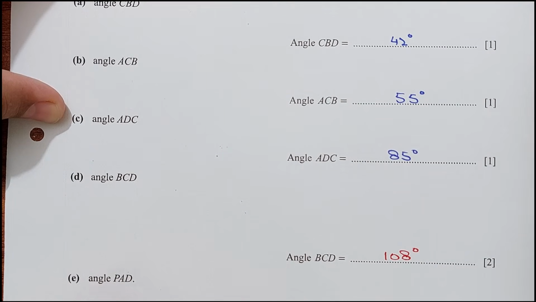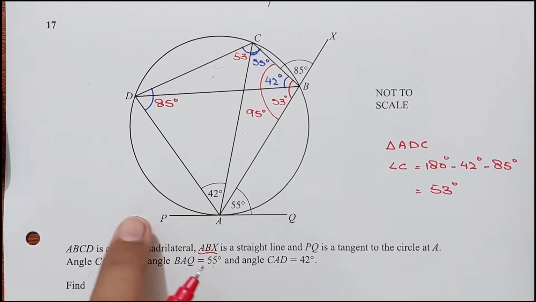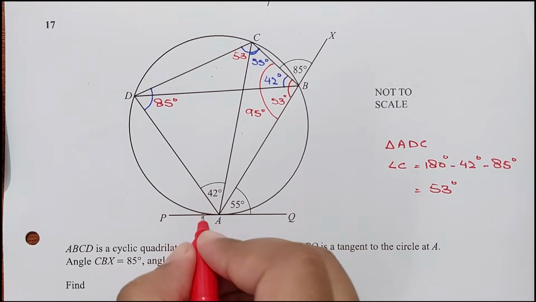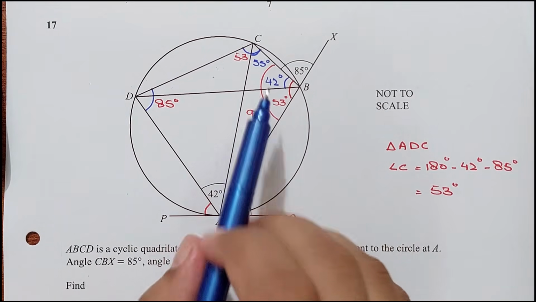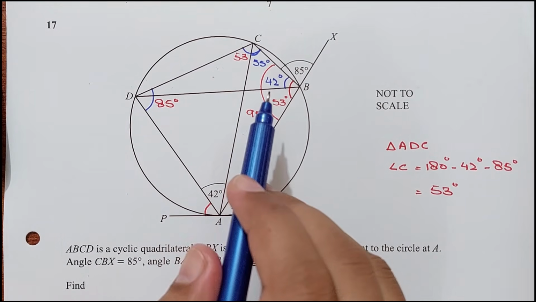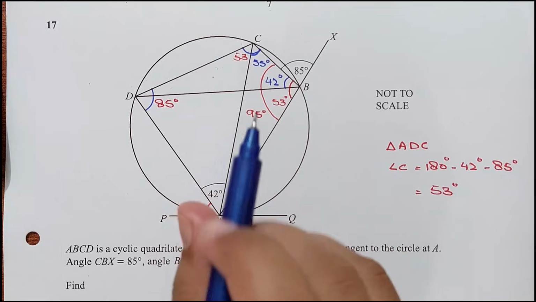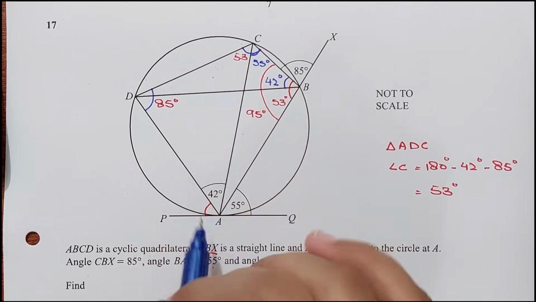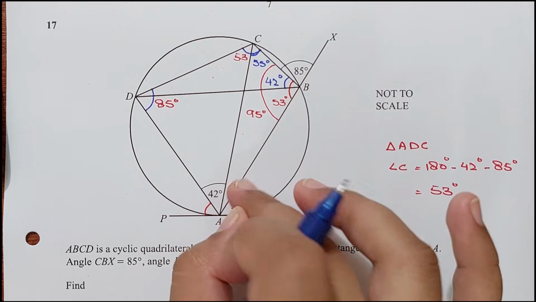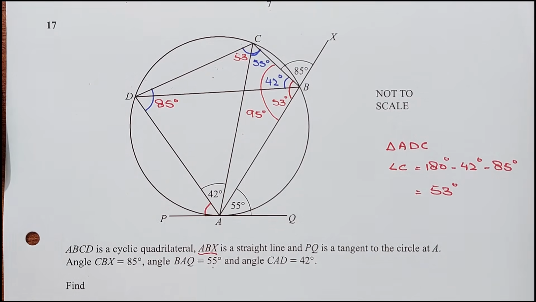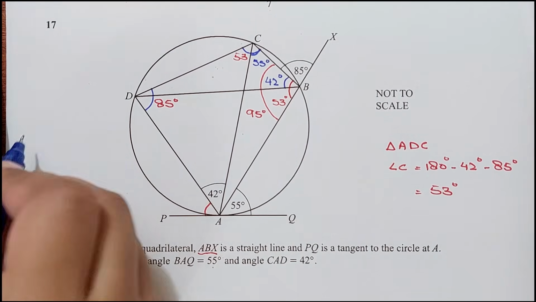Now for part E, angle PAD. P, A and D, right? PAD, this angle. All right. Okay, this is again a two-step question. So if I consider again the cyclic quadrilateral A, B, C, D, opposite angles add up to 180. So this angle C and this angle A add up to 180. So the angle C we can say is 108,